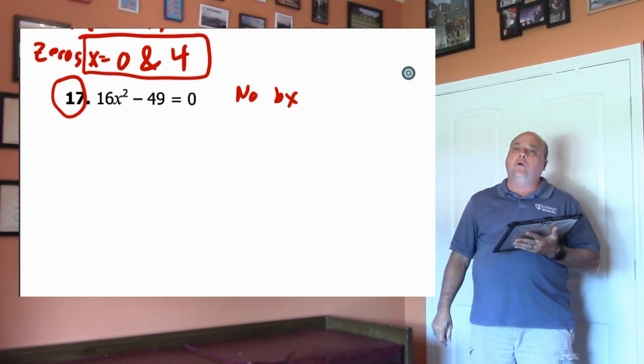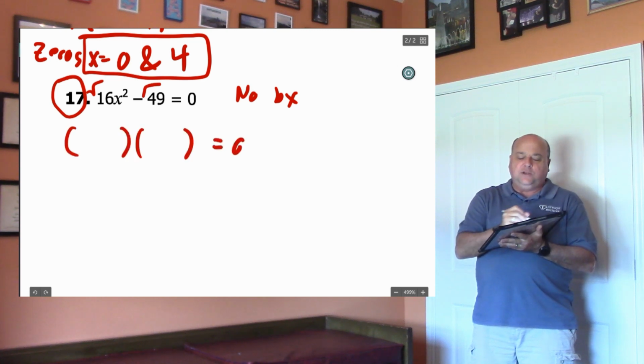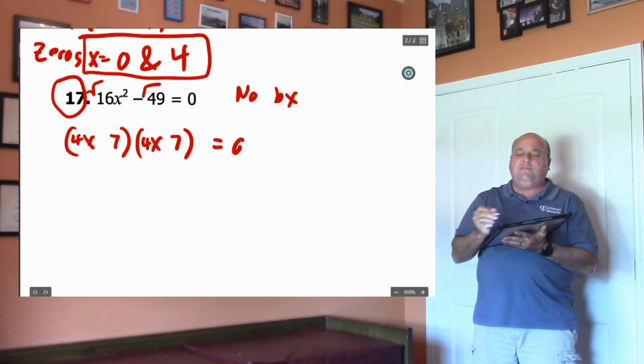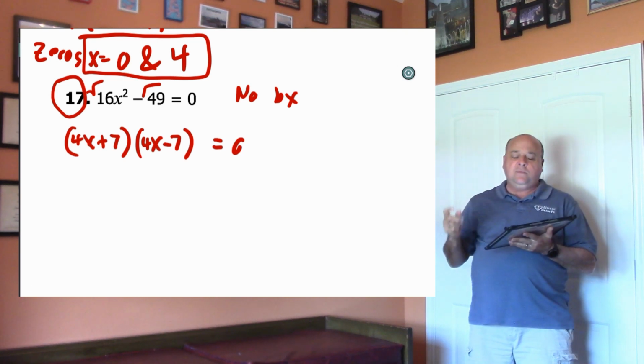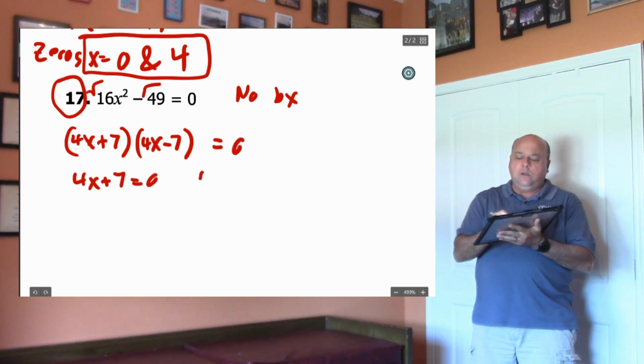These are both perfect squares. So draw square root symbols, draw two parentheses. The square root of 16x squared is 4x, so put 4x and 4x. And the square root of 49 is 7 and 7. And remember, one factor will be plus and one will be minus. These are our factors. Now if you solve these for 0,